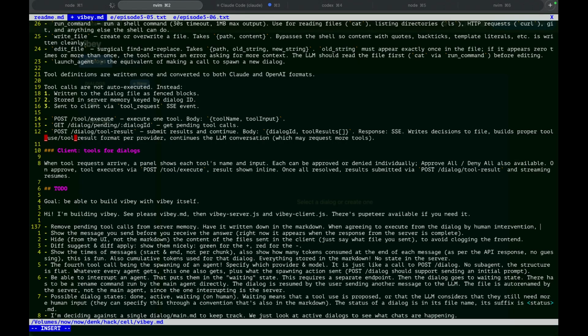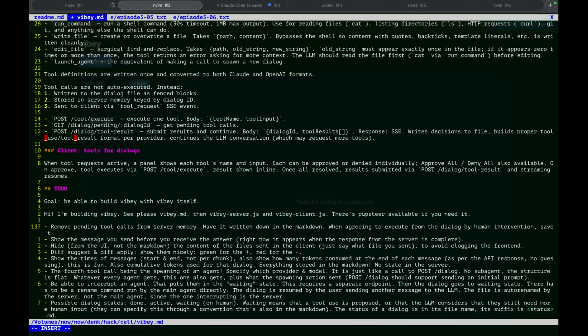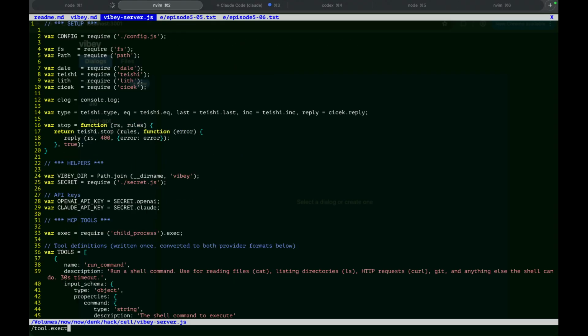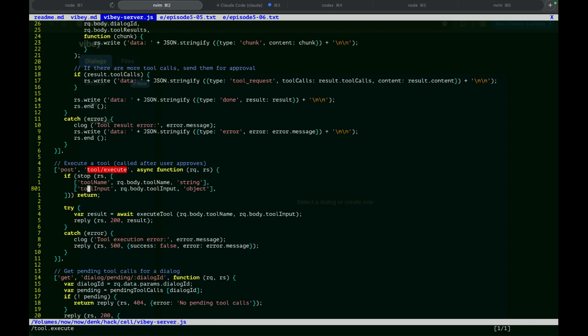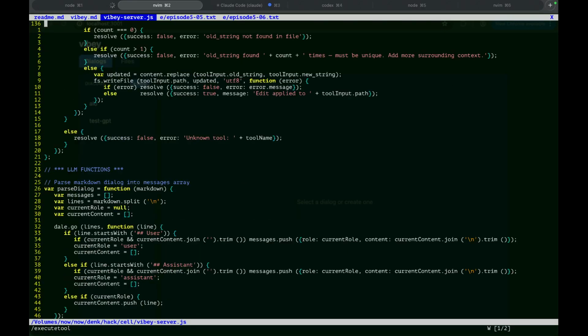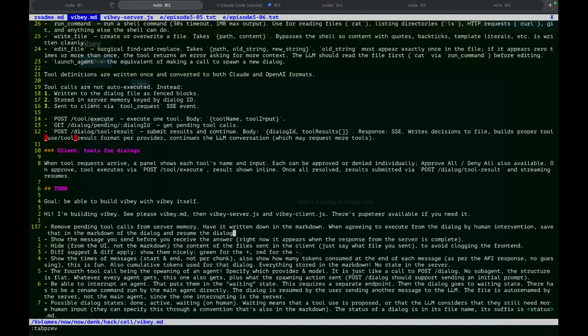I'm going to execute from there, but yeah. Save that in the markdown of the dialog and resume the dialog. Yeah, because if I go here, execute tool, it just does it.